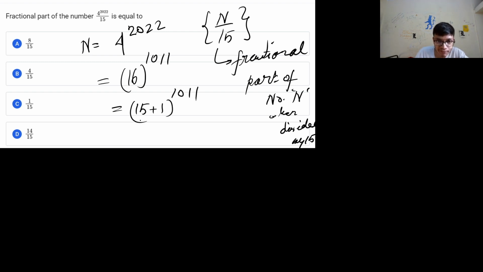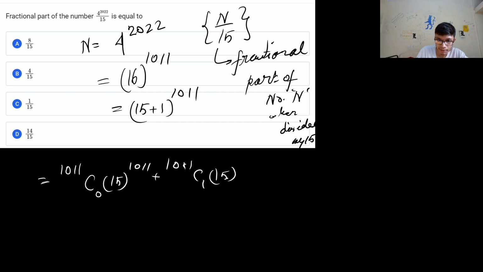ठीक है, so अगर मैं 15 plus 1 की पावर 1011 लिख सकता हूँ, so from that I can simply use a binomial expansion. I can write this particular expansion as 1011 C0 times 15 की पावर 1011 plus 1011 C1 times 15 की पावर 1010 and so on up to 1011 C1010 times 15, okay, plus 1011